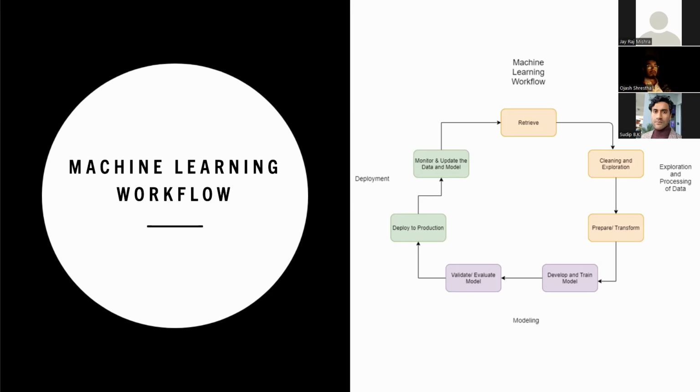Once you have done that, you transform your data set, and then you actually train your model on this data. Just as I said, 80% of the data set that you have is used for training. After that, once you train it, you can use some hyperparameter tuning, right? So you can tune your hyperparameters to get better accuracy on your model. And then, once you have tested the model with the 20% of the data set, you supply that data to find out if the output is accurate or not, right? And once you are good enough and happy with your machine learning model, then you can deploy it to production.